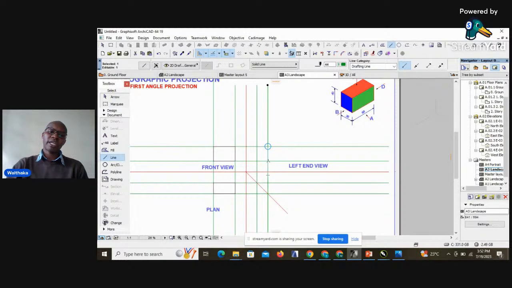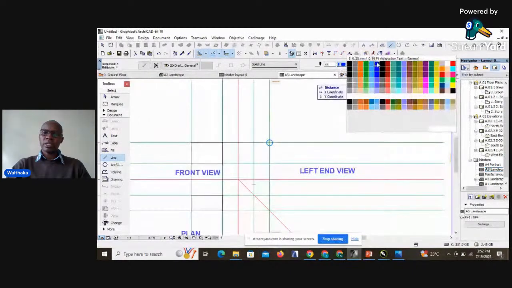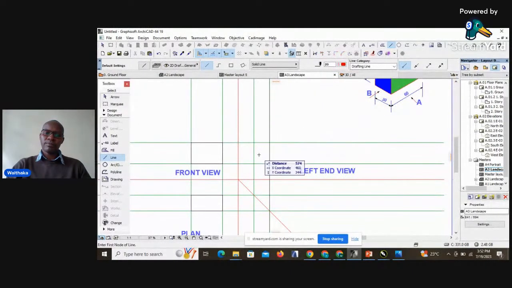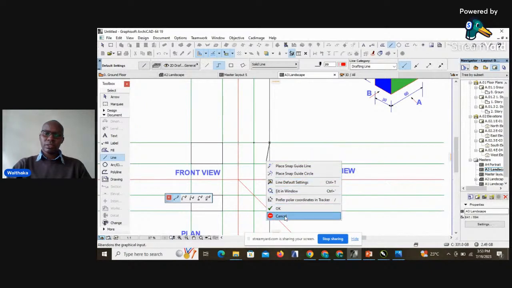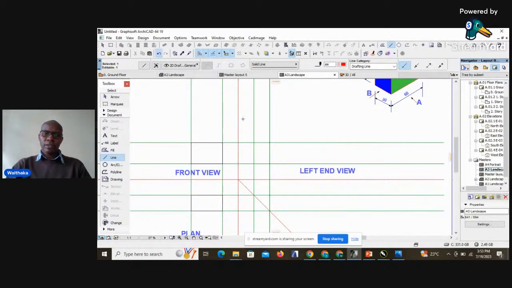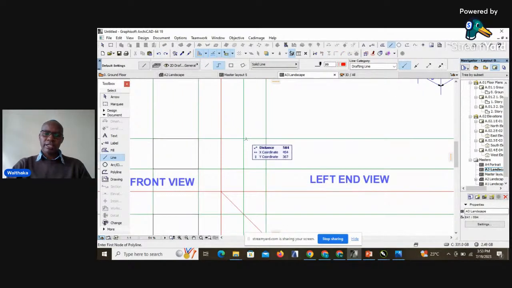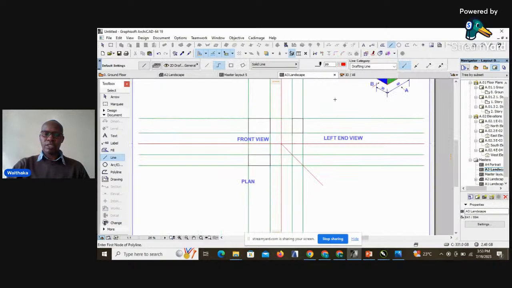And therefore, just again highlight it in black so that we are able to see the end view just a little bit. We are able to get the end view and visualize how it's supposed to be projected. So I've drawn it in, maybe I need to change that to black for uniformity. And that will now give us a first angle projection of